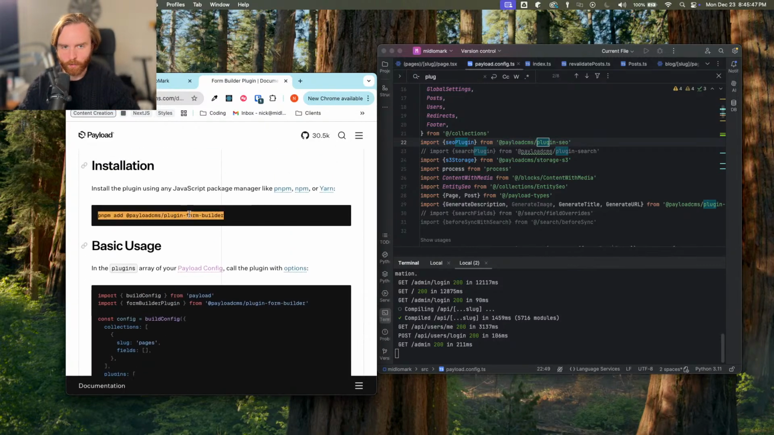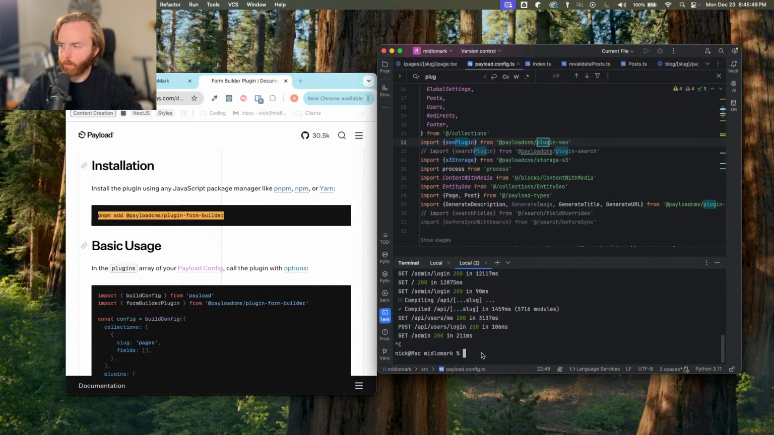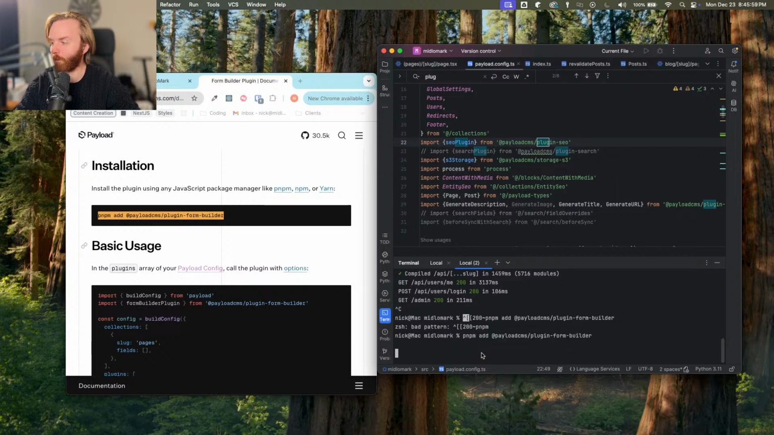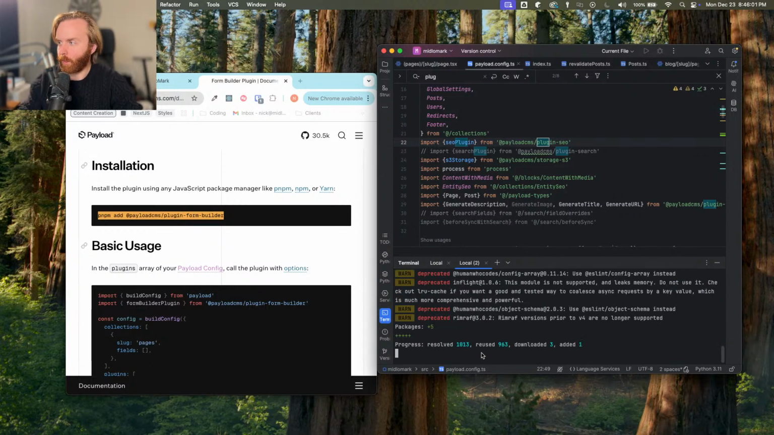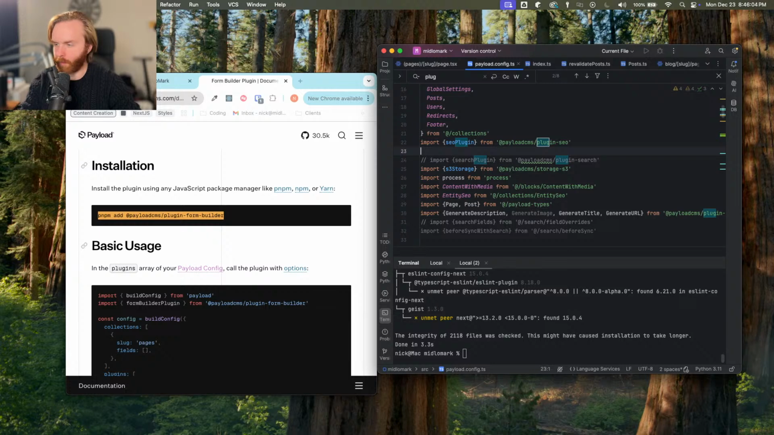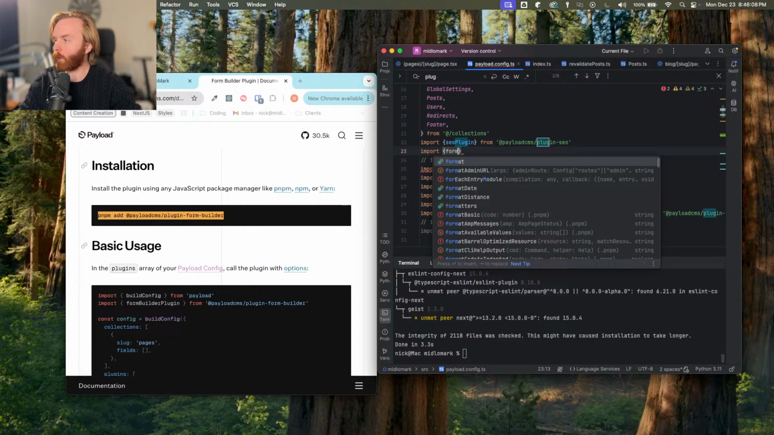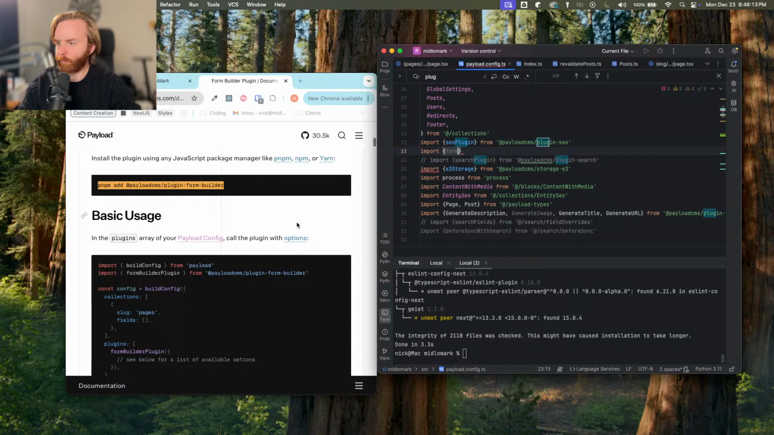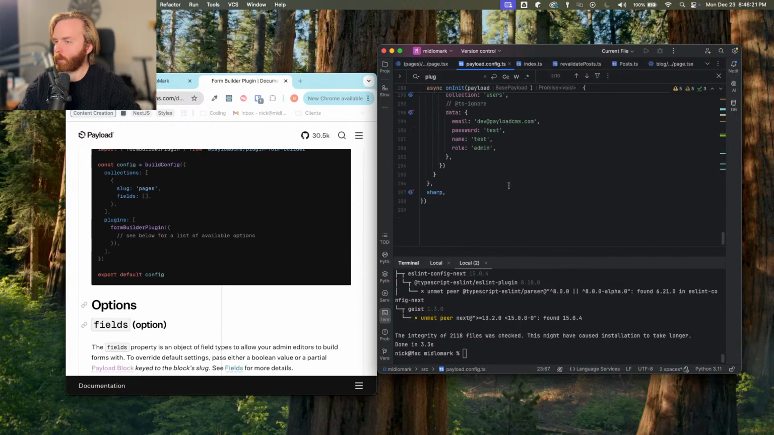Perfect. So we're just going to copy and paste this. We're gonna have to cancel out of that, but paste. Oops. Paste. There we go. So let that do its thing. And then from here we can import our form builder plugin. Okay, it just wasn't working for a second. Cool. And then we can go to our plugins,